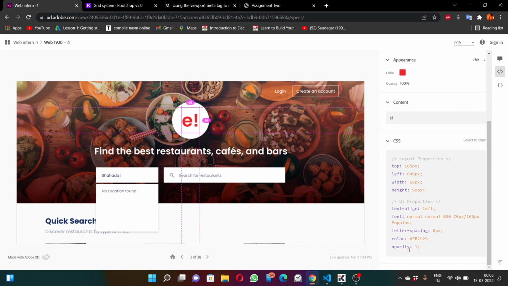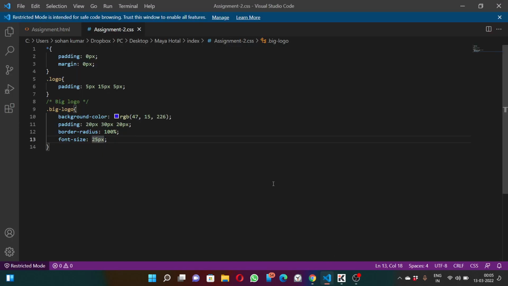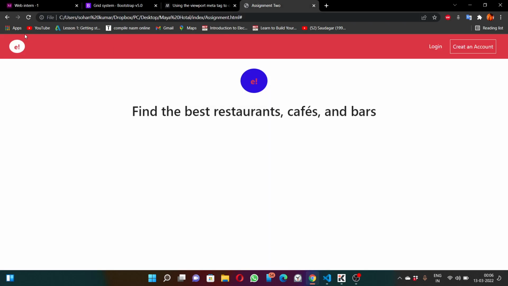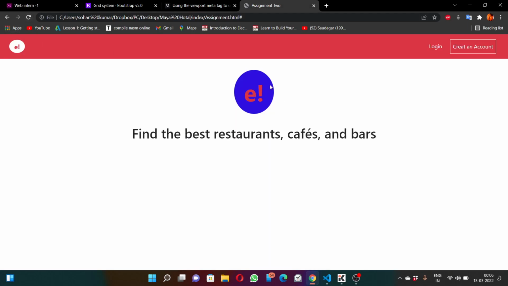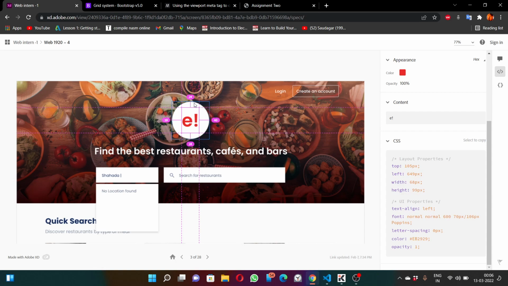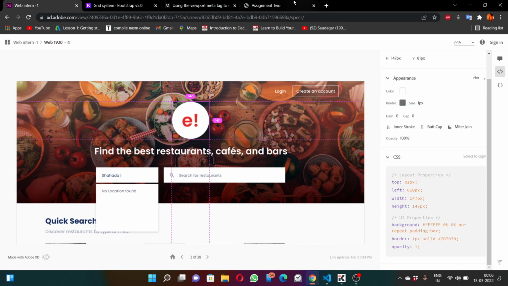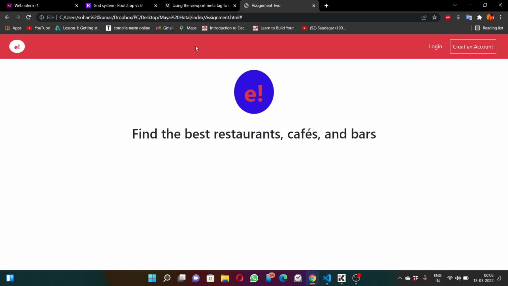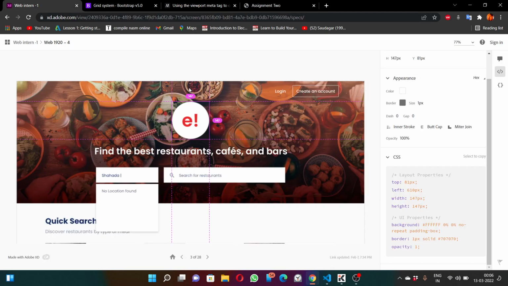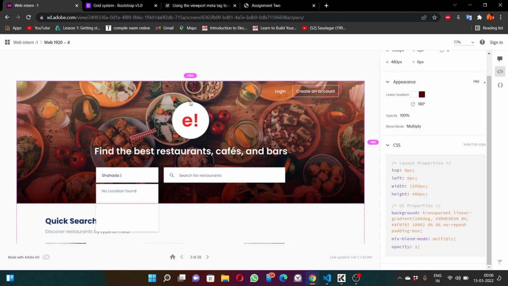600. 70 pixel. Go to the browser. If I refresh, then yes, as you can see, this is our logo. And I think I need to give, yes, it looks similar to that. So how much space is there up to here? So if I want to give this padding, so for padding, I just need to give it